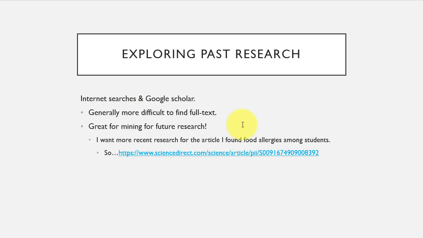So you want to search for full text whenever you can in order to get the full amount of information. What's nice about Google Scholar is that you can actually search for future research. Now, I know that sounds odd, right? I don't mean like time travel, but what I mean is that using Google Scholar, if you find a really cool article from 2004 that talks about something like animal-assisted therapy or pet therapy,